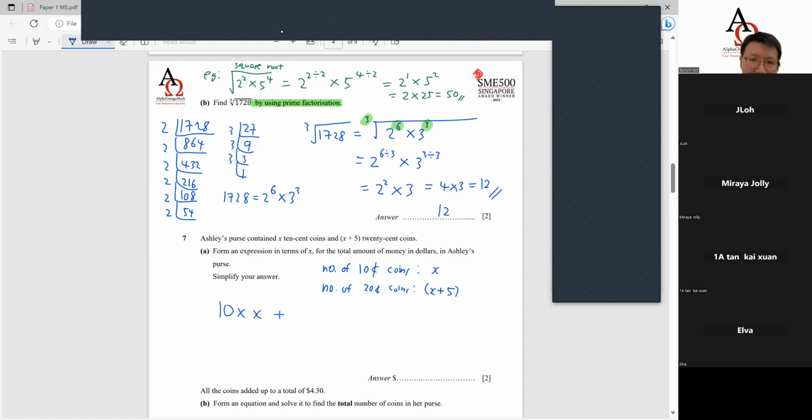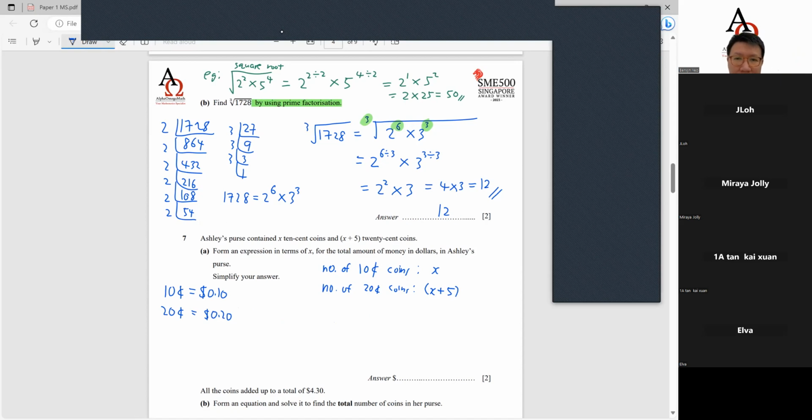Plus 20 cents times X plus 5. It will be wrong already, because they want it to be in dollars. So 10 cents is how many of a dollar, in decimal form? Okay, we know that 10 cents is actually $0.10, right? And 20 cents, we know that is